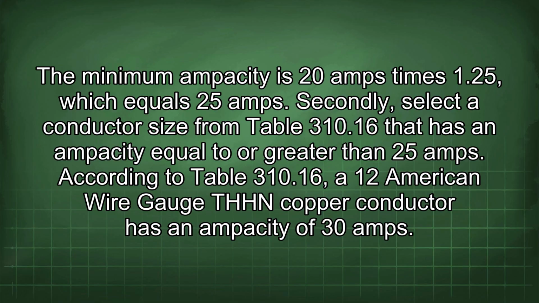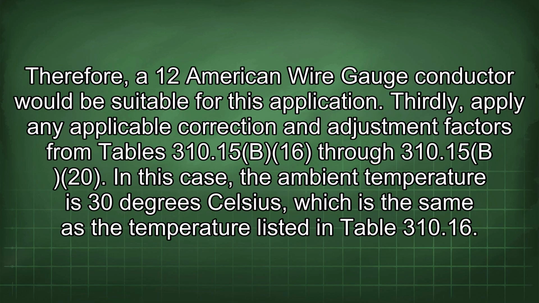Secondly, select a conductor size from Table 310.16 that has an ampacity equal to or greater than 25 amps. According to Table 310.16, a 12 American wire gauge THHN copper conductor has an ampacity of 30 amps. Therefore, a 12 American wire gauge conductor would be suitable for this application. Thirdly, apply any applicable correction and adjustment factors from tables